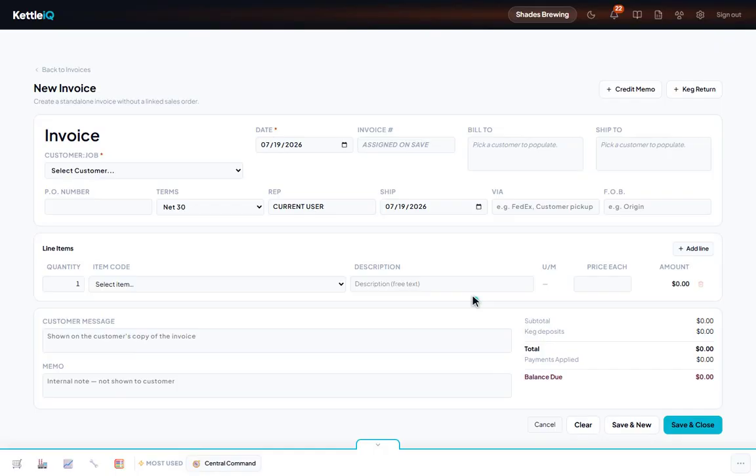Check the line items and the totals at the bottom. When it's right, click Send. That emails the invoice to the customer's billing contact and syncs it to QuickBooks, so its payment status stays in